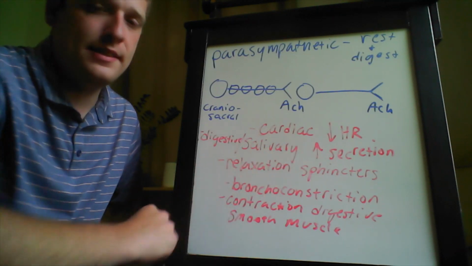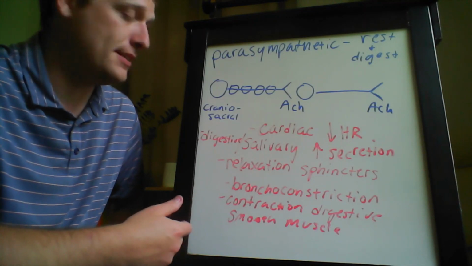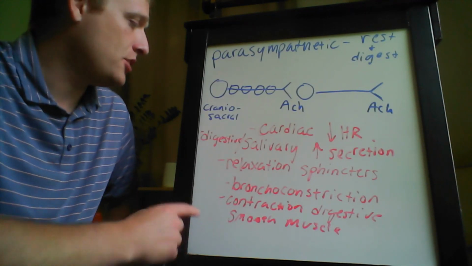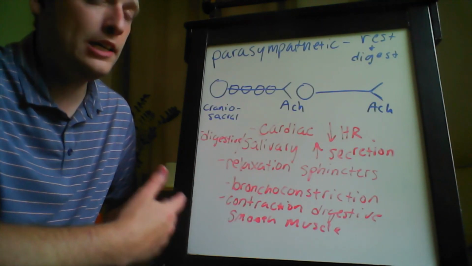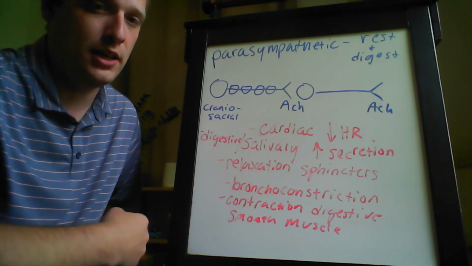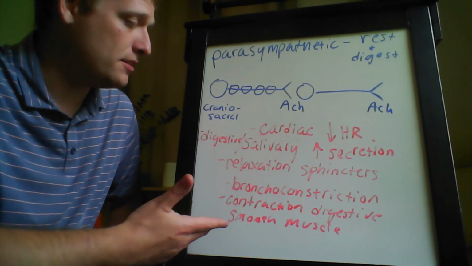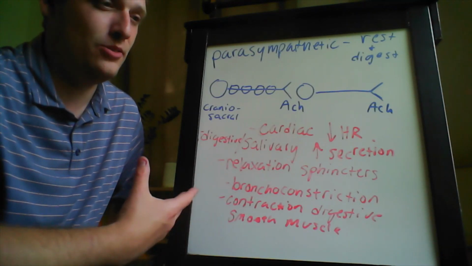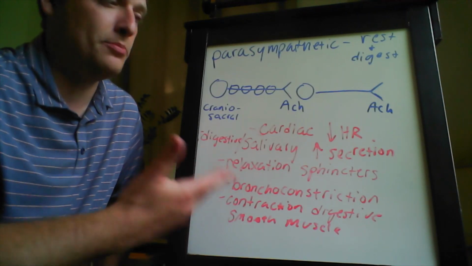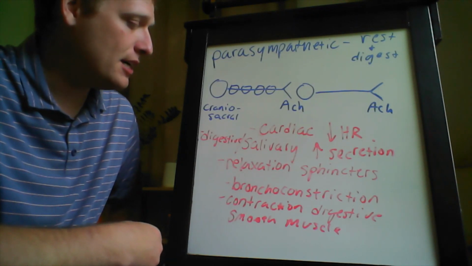The glands that are responsible for secreting substances that help digestion, such as the digestive and salivary glands, are going to increase their amount of secretion during the rest and digest period. That's because you're expected to be having a meal and needing to use resources to help you digest that. So increased secretion is part of that,